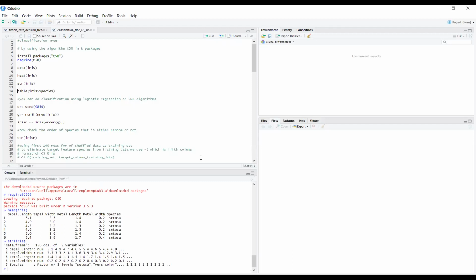And those contents are 150 observations of 5 variables, and some of the values of these variables are shown in the output. Sepal.Length is a numeric variable with fractional values. We can say that this is a floating point variable. Similarly, Sepal.Width is also numeric, and so are Petal.Length and Petal.Width.